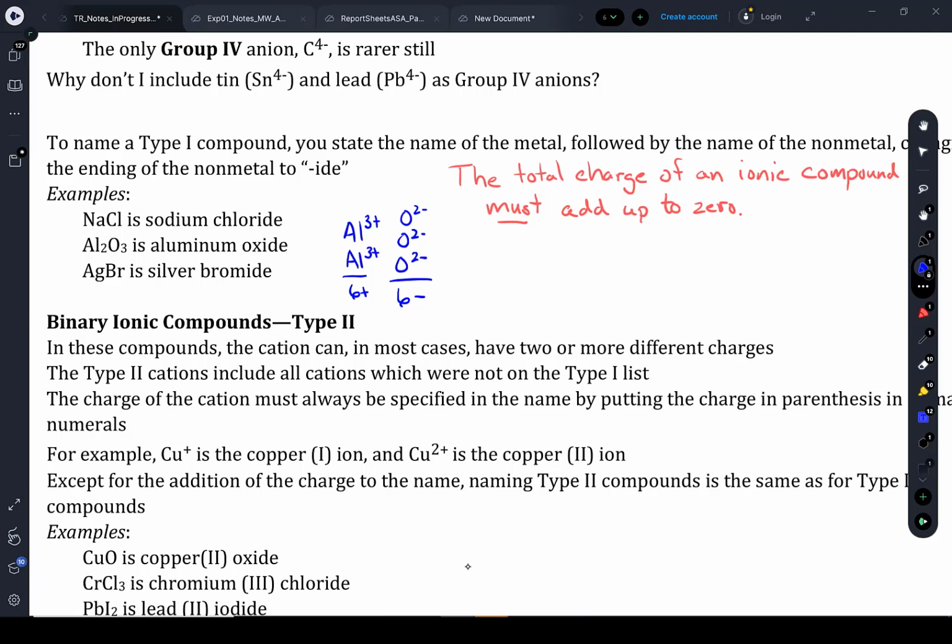So please make sure that you always remember that. That will be key when we get to the type 2 compounds. The total charge must add up to 0. Also, what can have different charges? Only cations. The anions can never have different charges. So in other words, as I said, if chlorine is negative charged, it is always -1. Never an exception